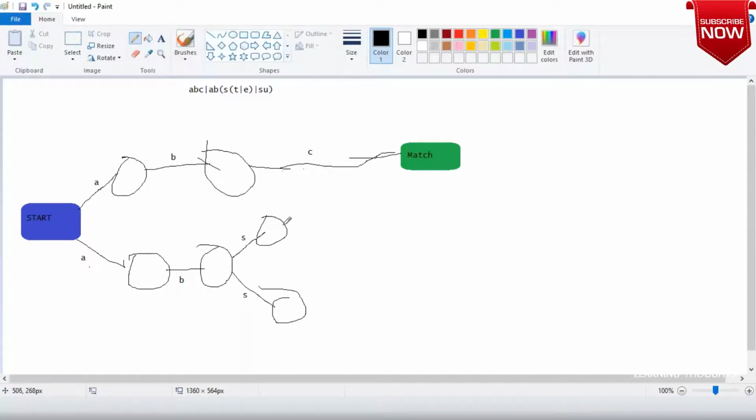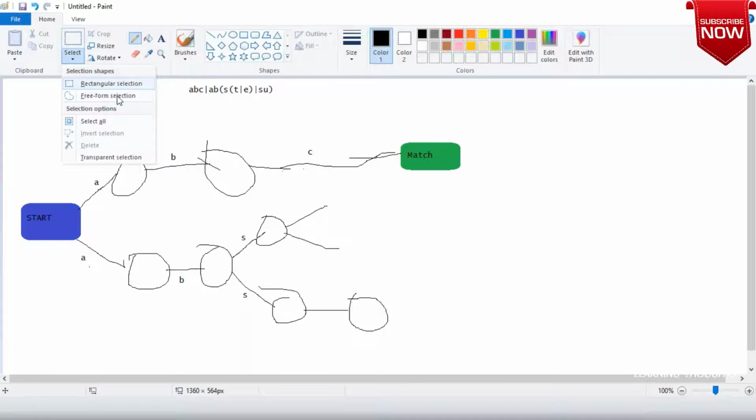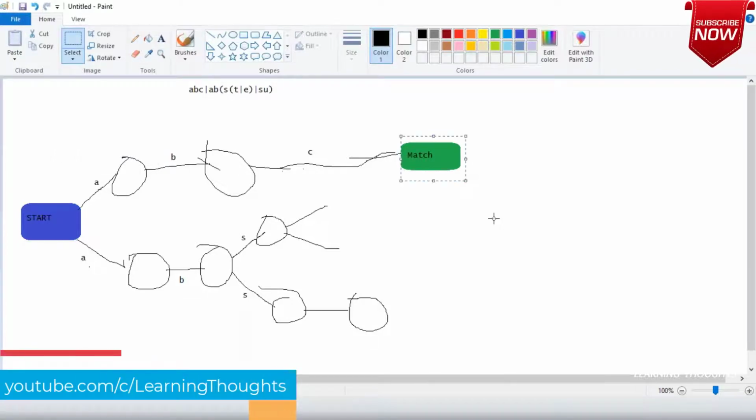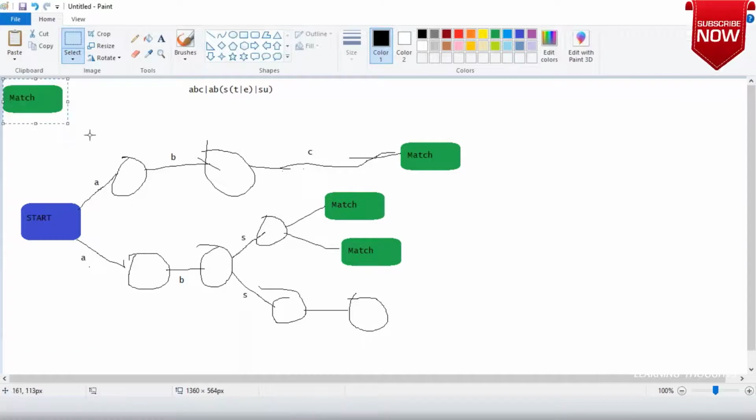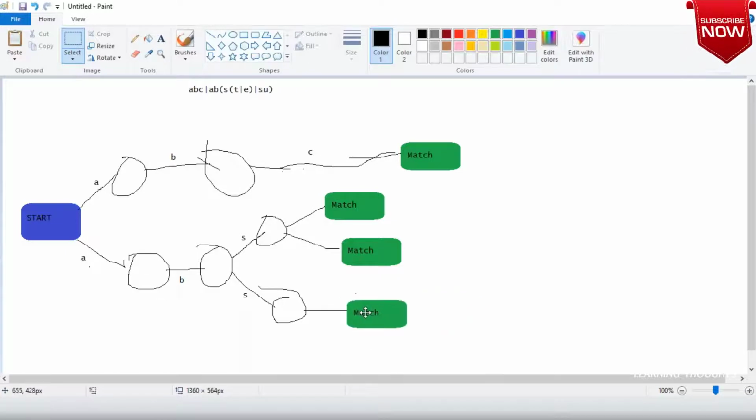So what would happen is it would go for a choice of T or E. Here it is after S. There is one more possibility which is E. Am I clear on this, sir? And all of this will lead to matches. So let me copy this and paste match over here, so at least I have some amount of reusability. It might sound like a very difficult kind of an image, but unfortunately I can't minimize the complexity of it.